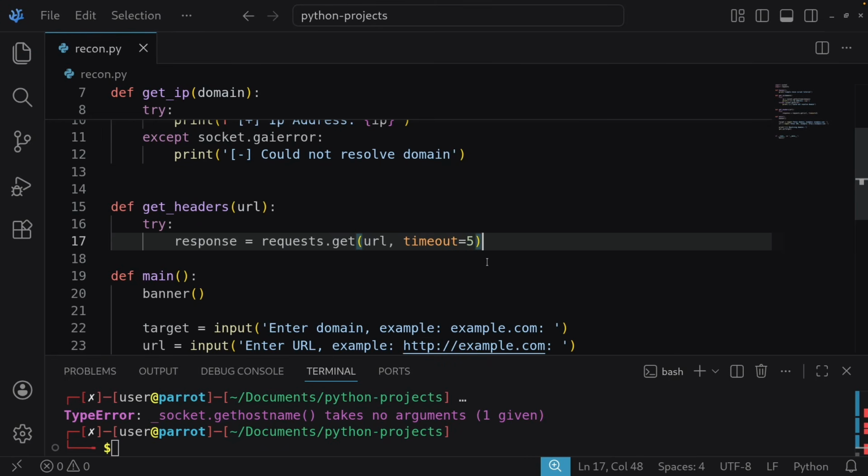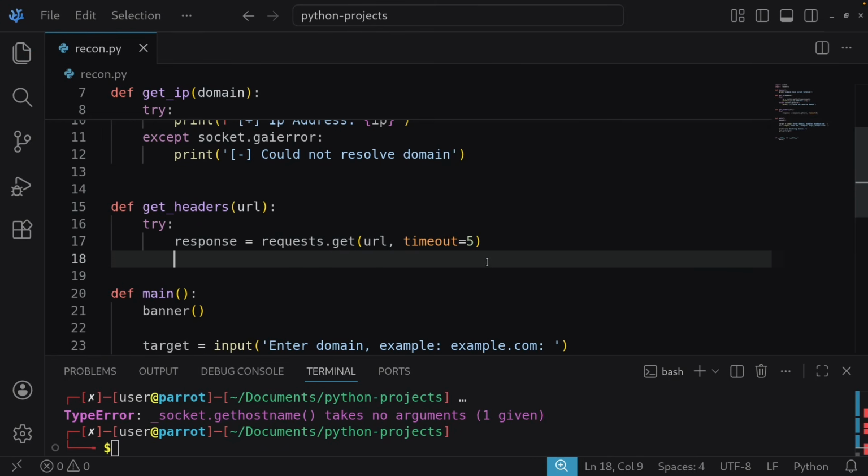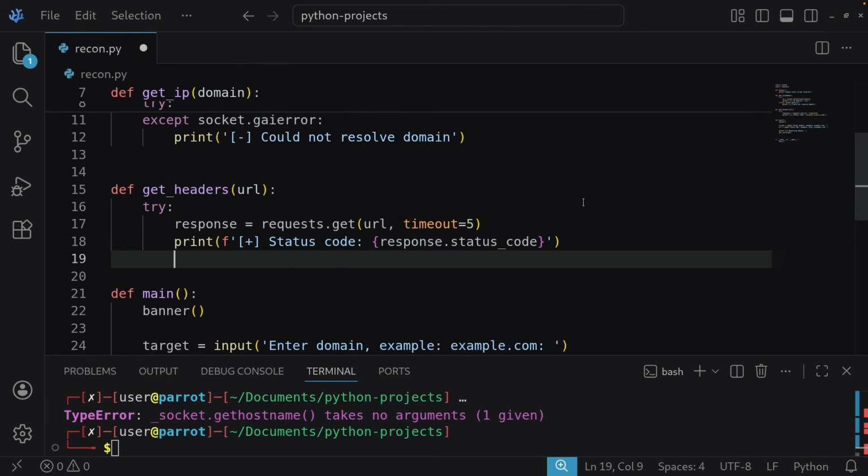So timeout is equal to 5. And let's just say print if status code, status code here is response.status_code, just like that. There we go. Finally. So we are printing the status code, and then we're going to print out the headers